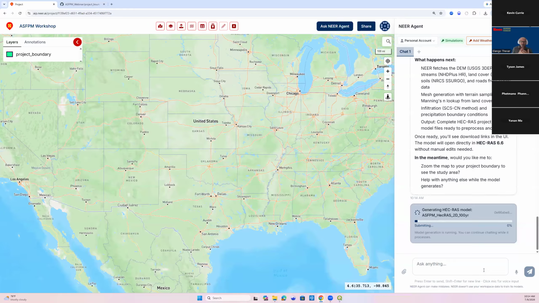But if you really wanted to test out 1 meter, then it would take more time to run in the background. But it has some default constraints that we provided. It goes and grabs all this data and then assembles it in a HEC-RAS file, right? So that's what it's doing. It's going to take a few minutes. I mean, this is a smaller area, but